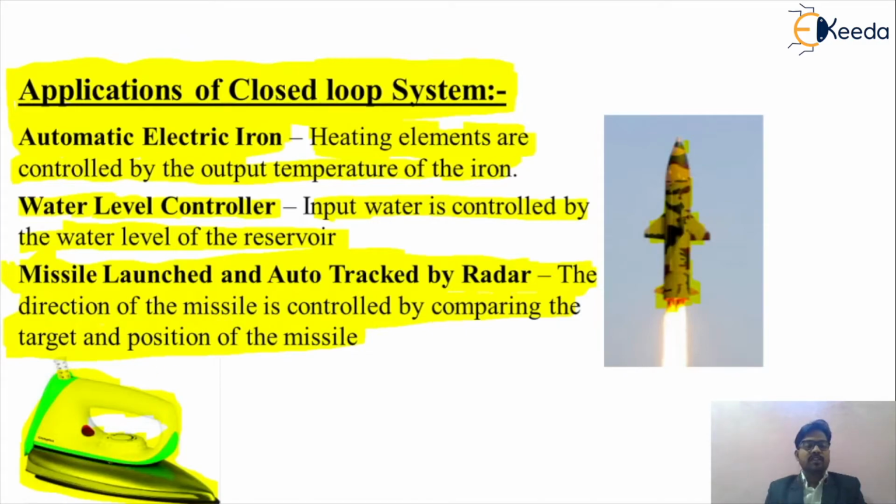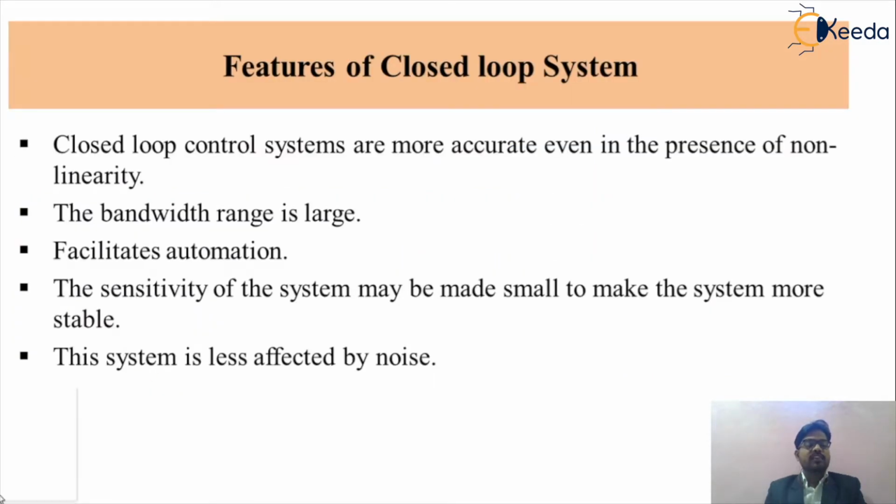Now we can move towards a very important thing: what are the different features of your closed loop control system? Friends, as we know, the closed loop system is widely used in day-to-day life, because the closed loop system takes the feedback signal from your system. Basically, the first feature is that it facilitates automation, because nowadays we use automation in day-to-day life and in different industrial fields. For the sake of automation, we use such a control system, and this is called a closed loop system. This is the first thing.